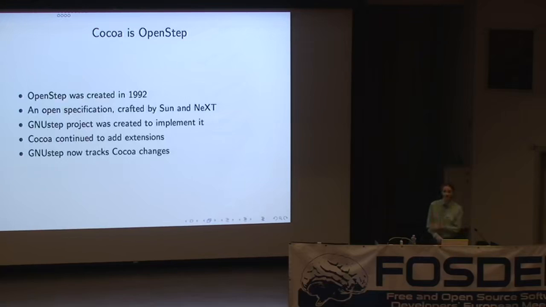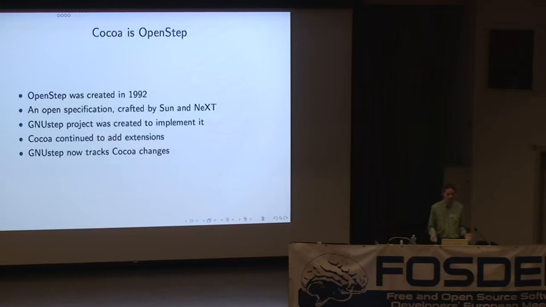And way back when this specification was created, the GNU Step project was formed to implement it. And it didn't get much use because Next, over its entire history, sold about 50,000 computers. And that's 50,000 computers over about a decade, which is not really enough for people to have a large installed base, people using these frameworks and saying, oh, they're actually pretty nice. You had a few people in academia. Tim Berners-Lee said some really nice things about it. But yeah, it didn't really get widespread adoption.